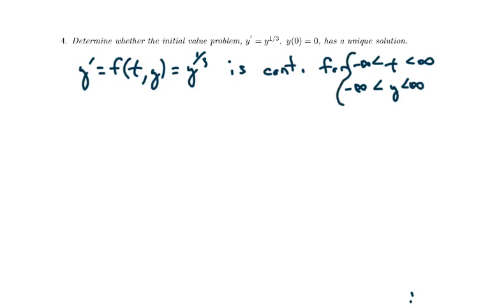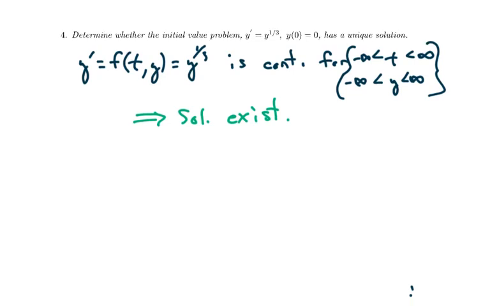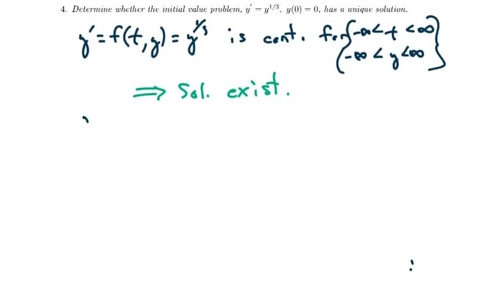Now we have this as our neighborhood, which contains the initial point 0, 0, and so we know that a solution exists. But the problem at hand is to determine whether it's going to be unique. So that means we need to look at the partial derivative now. So the partial of f with respect to y is going to be 1/3 y to the -2/3, or y to the 2/3 on bottom. And it's going to be better to put it on the bottom, and you'll see that in just a moment,